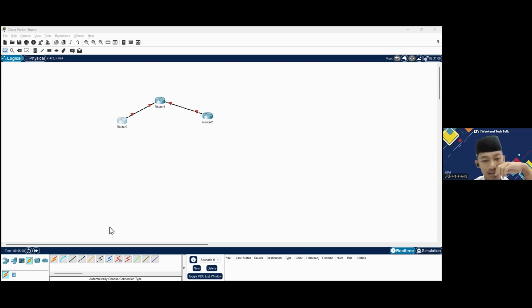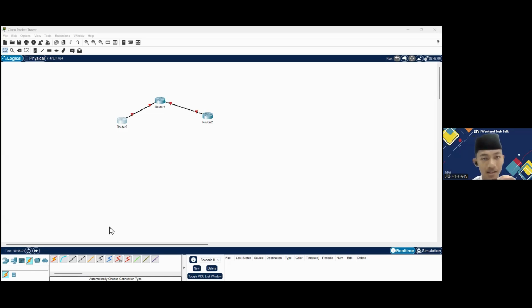Enable is to enter the router, and configure terminal is the command to enter global configuration mode. That allows you to configure all the router settings.